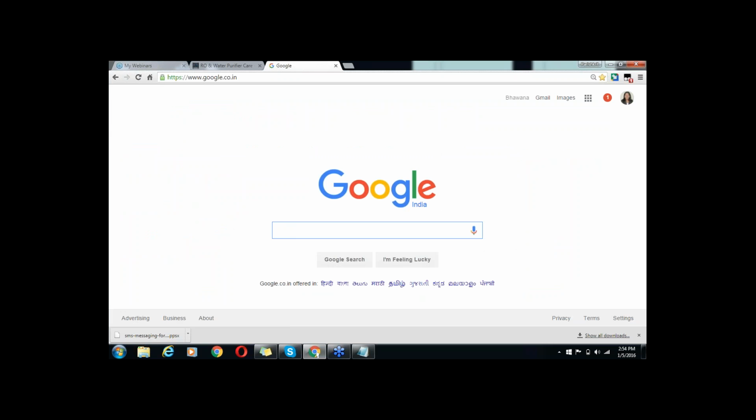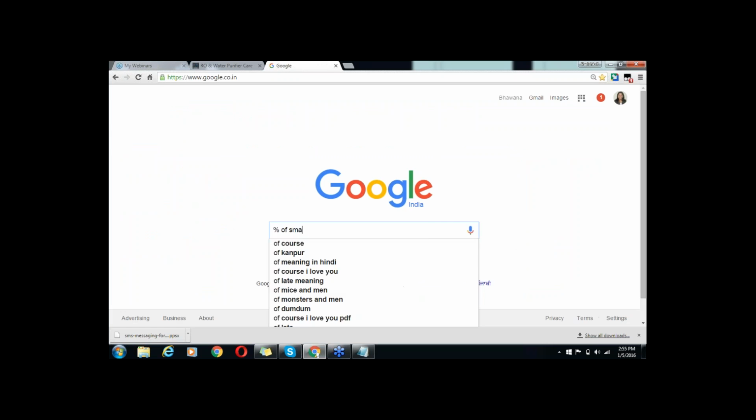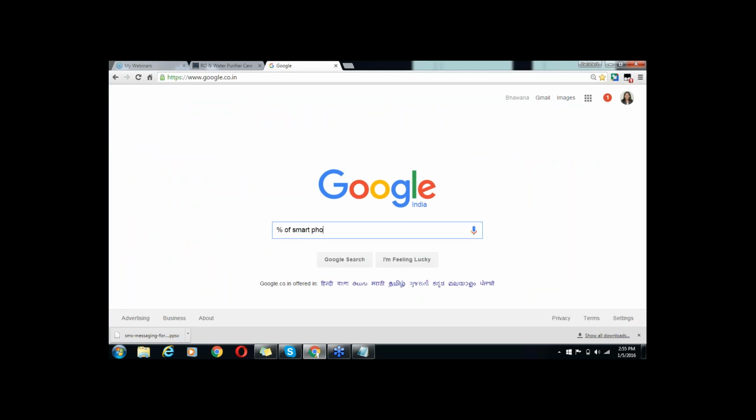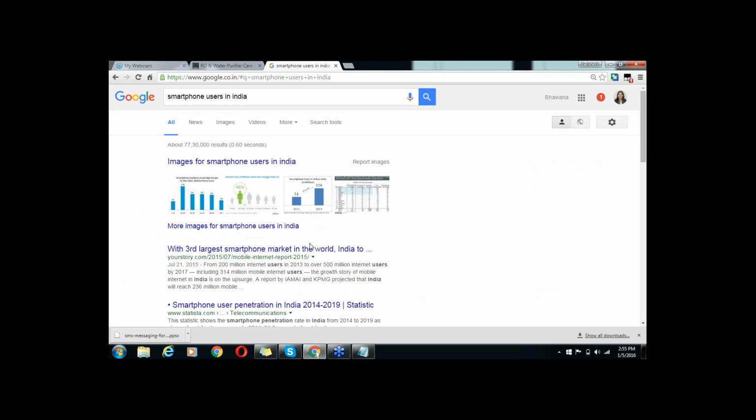78%? Let's check the percentage of smartphone users in India. It's comparatively very less.